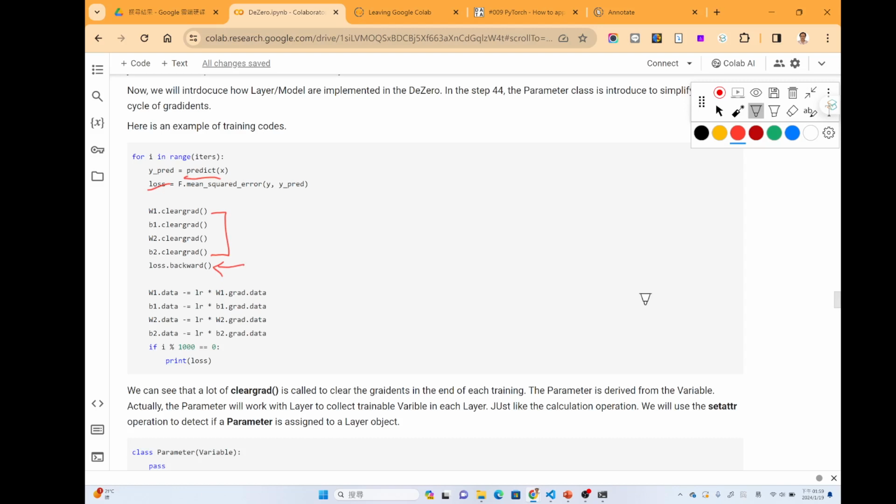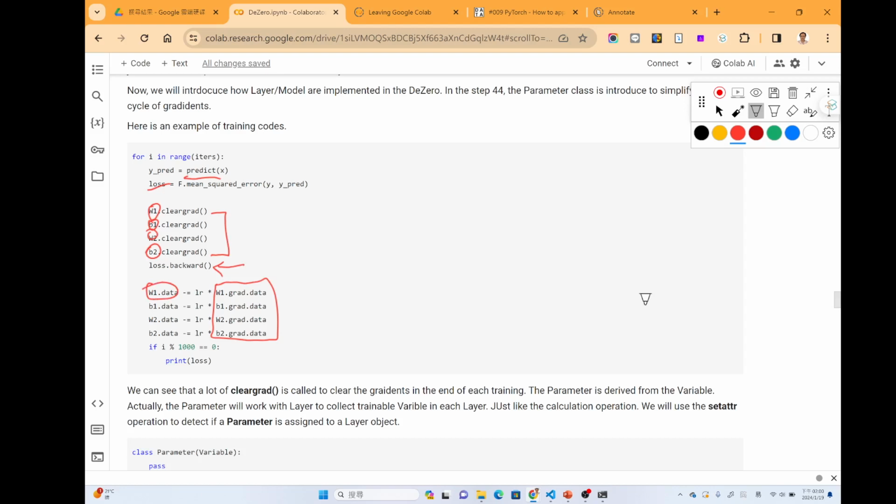After this function, W1, B1, W2, B2, all of those parameters will have gradient values. After we have the gradient values, we can use those gradients to update the parameter itself.